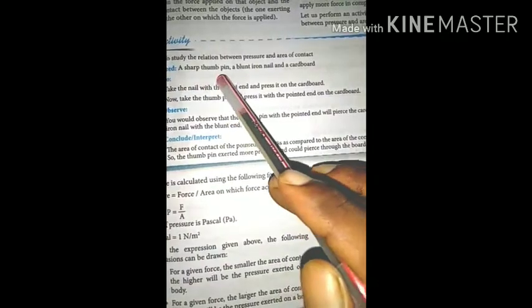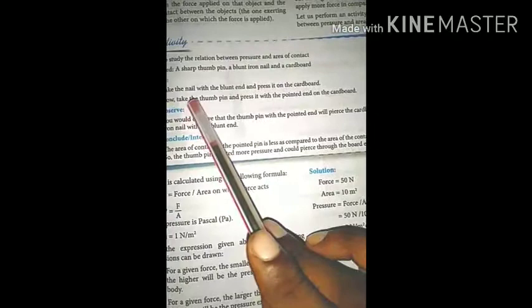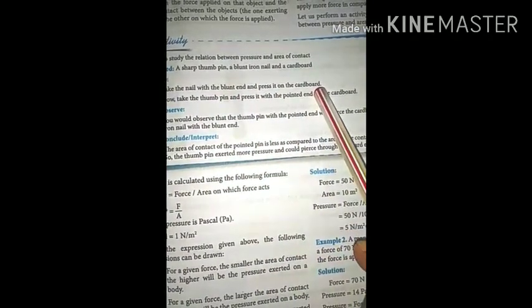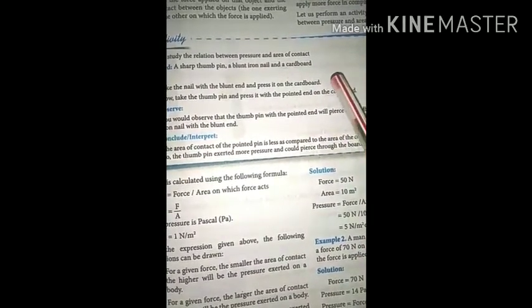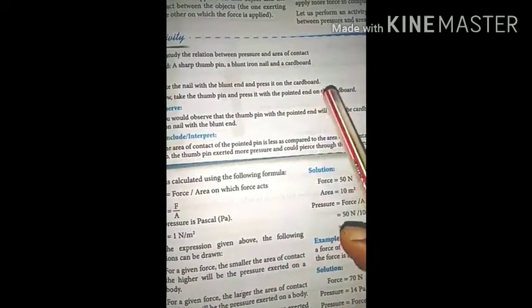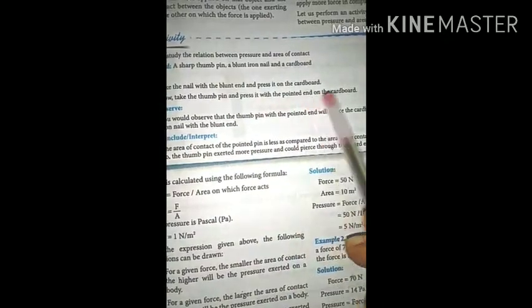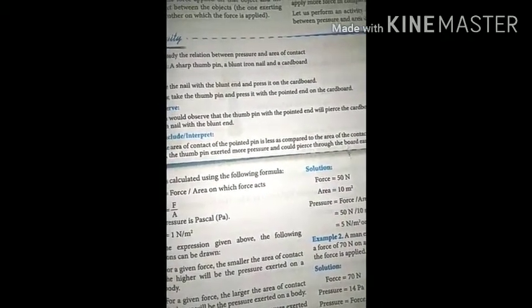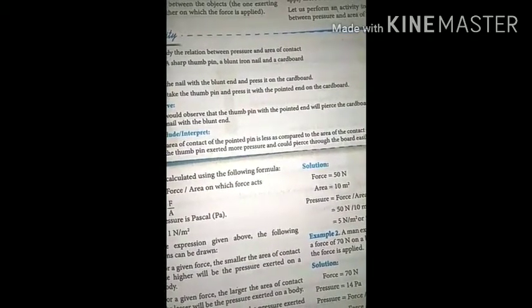Take a sharp thumb pin, a blunt iron nail, and a cardboard. First, we have to take the nail with the blunt end and press it on the cardboard. We observe that it needs more pressure. Now take the thumb pin and press it with the pointed end on the cardboard. You'll observe that the thumb pin with the pointed end will pierce the cardboard easily as compared to the iron nail